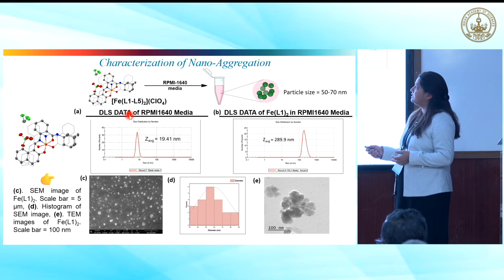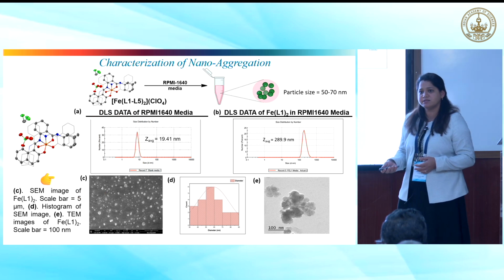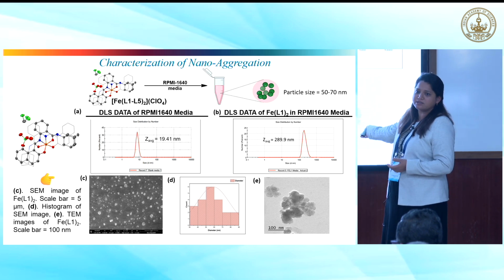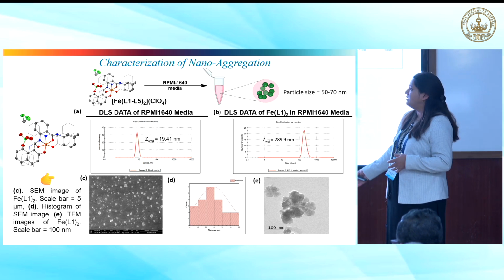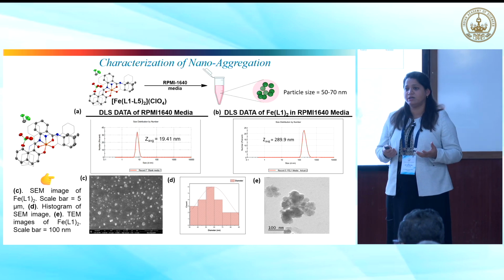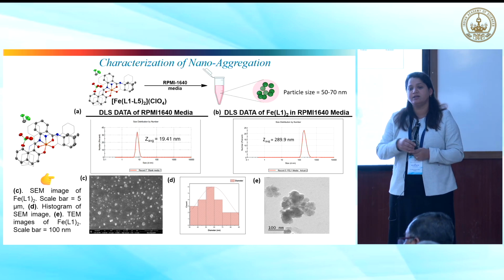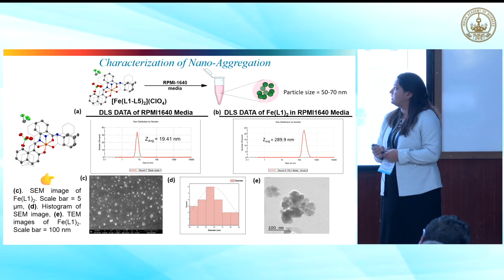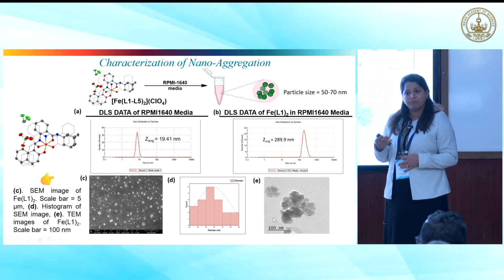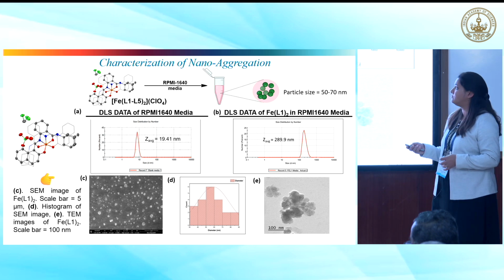So if you see this DLS data, it shows that it is existing in the form of a nanoaggregate. Now there is significance to why we want these compounds to be in the form of nanoaggregate. If you remember, one of the limitations of this class of compounds is that their uptake is not that great. So these nanoaggregates actually help in the uptake more than the class of compounds which were not forming